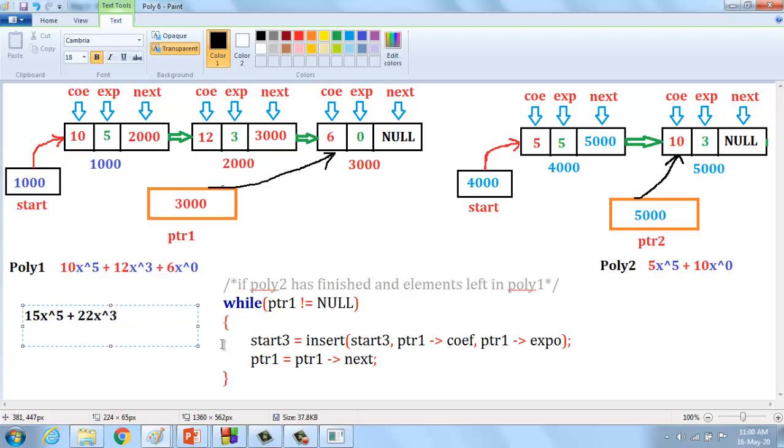Here both the values are added successfully, and the remaining element present in polynomial p1 is 60. In that case only we use this: if polynomial 2 has finished and an element is left in polynomial 1, then this while loop is executed properly.